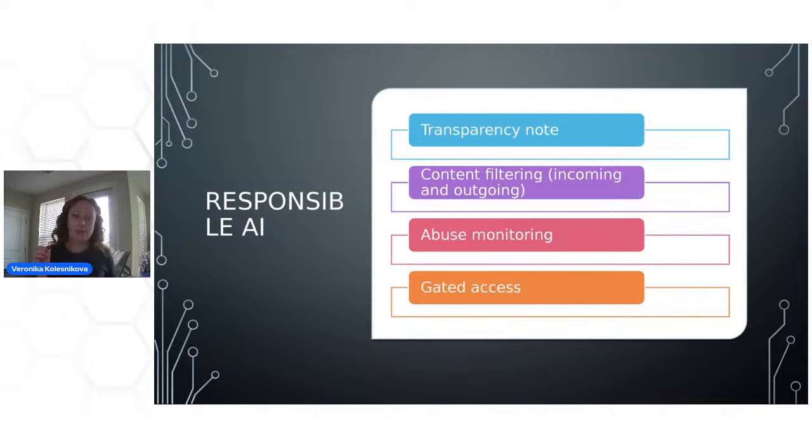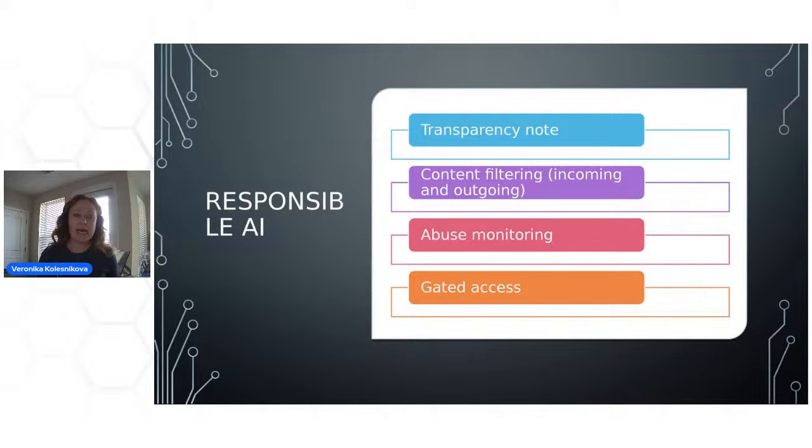But if some input or output is flagged with, you know, an inappropriate content flag or something like that, then Microsoft actually has the right to go and see what information was provided there. You can opt out of it, but it's totally up to you what you prefer. There are pros and cons in opting in and opting out as well. And then there's also abuse monitoring. That is kind of related to the content filtering, and gated access that I mentioned as part of my answer